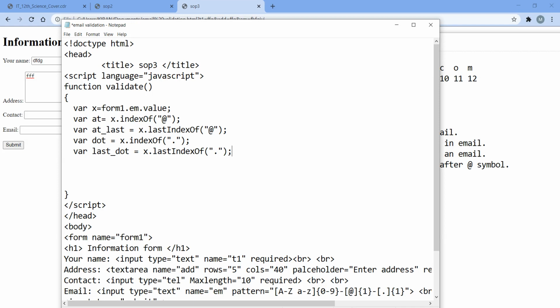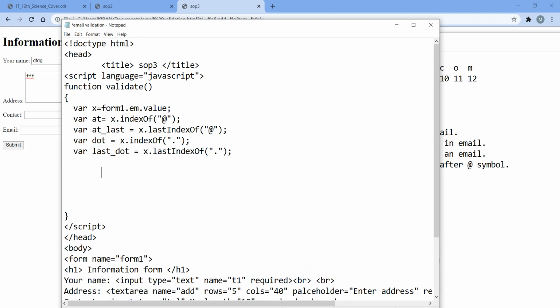So we have defined these five variables. In the first variable we will store the email address, in the at variable the first index of @, in at_last the last occurrence of @, in dot the first occurrence of dot, and in last_dot the last occurrence of the dot symbol.